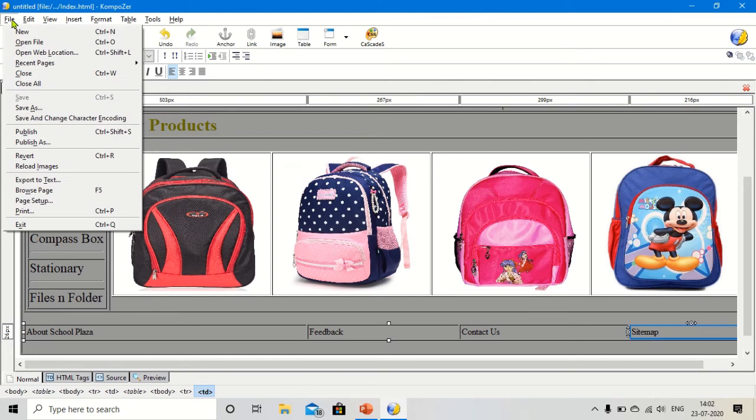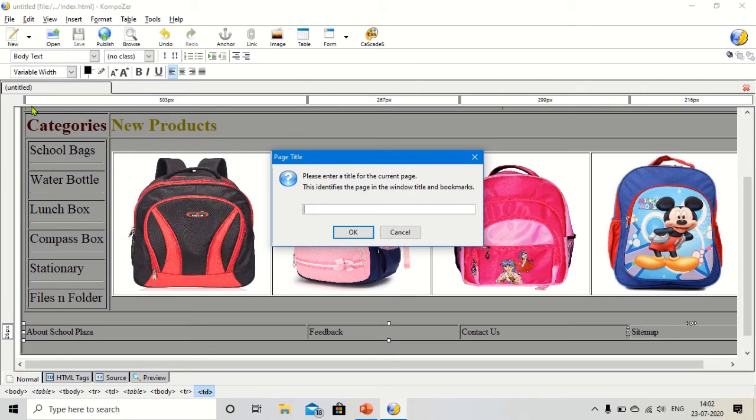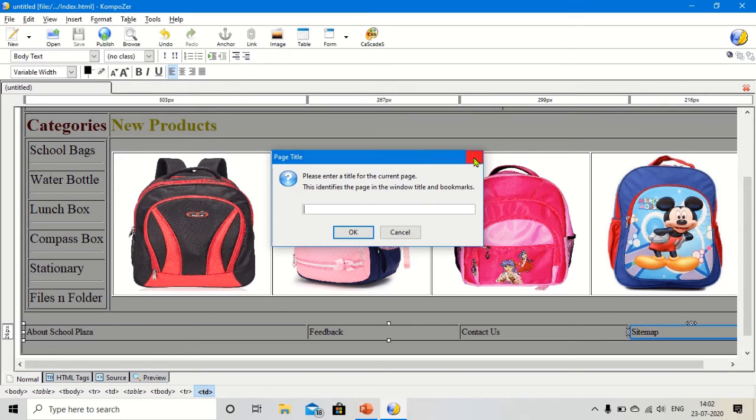Go to the file, and then click on the save as option. One more time I want to show you.